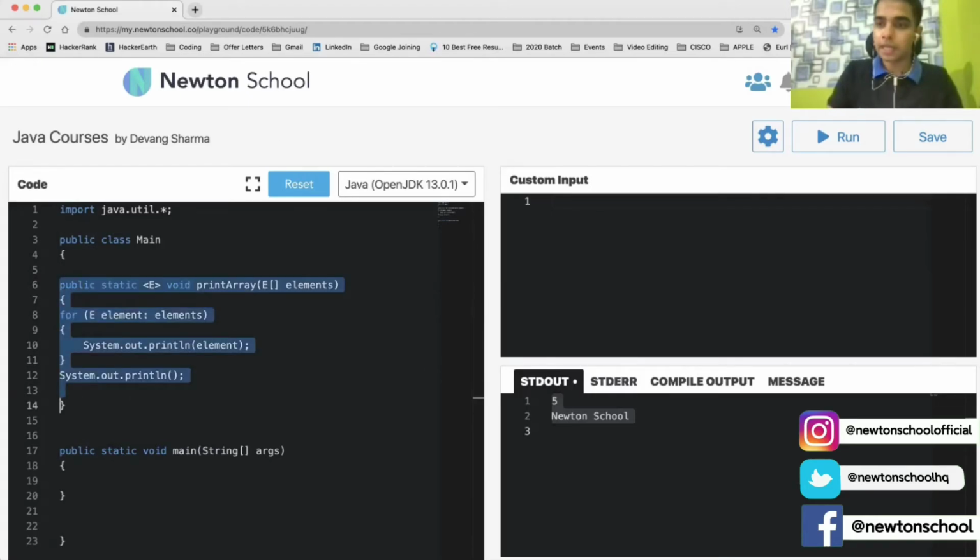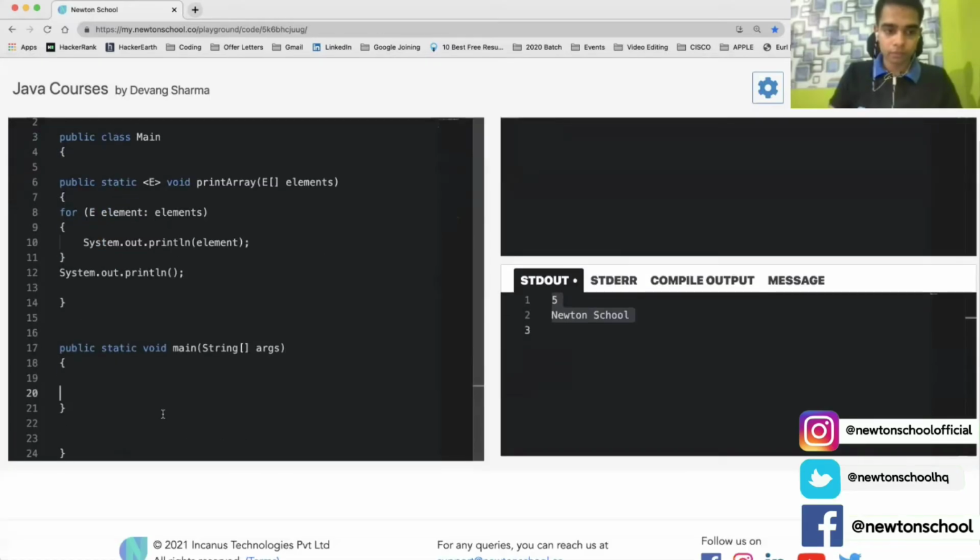It does not have any data type, either integer, string, character, boolean or anything. It's a generic method which can be used for all data types, be it integer, string or any other variable. To use this generic method, let's create an integer array.